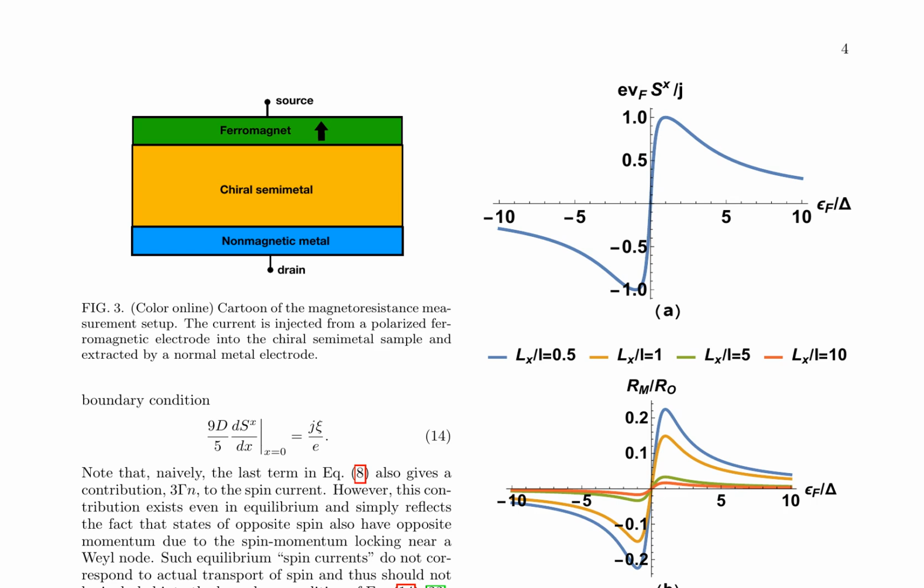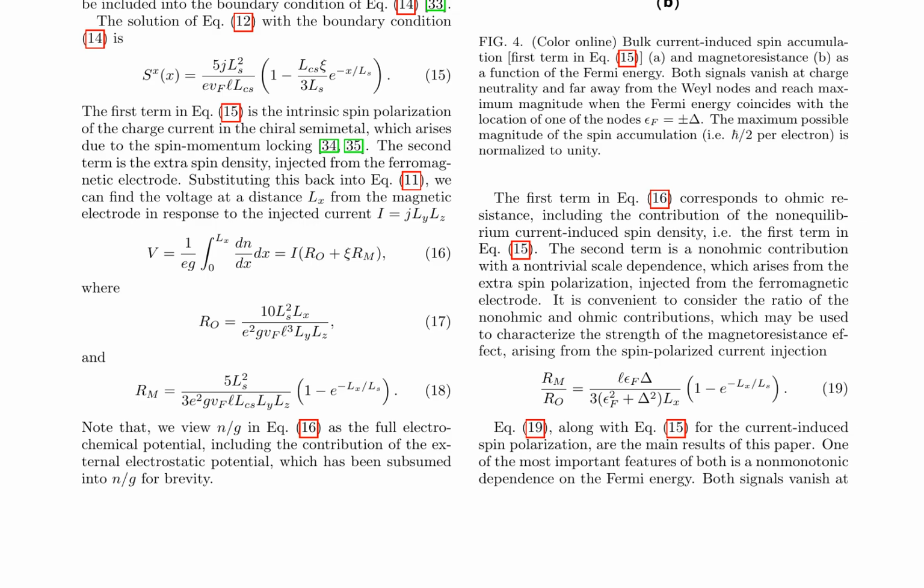The non-ohmic contribution arises from the extra spin polarization injected from the ferromagnetic electrode and has a non-trivial scale dependence. The ratio of non-ohmic and ohmic contributions, given by equation 19, characterizes the strength of the magnetoresistance effect. Current-induced spin polarization and non-ohmic contribution to the voltage exhibit a non-monotonic dependence on the Fermi energy, vanishing at charge neutrality and far away from Weyl nodes, and reaching maximum magnitude when the Fermi energy coincides with the location of